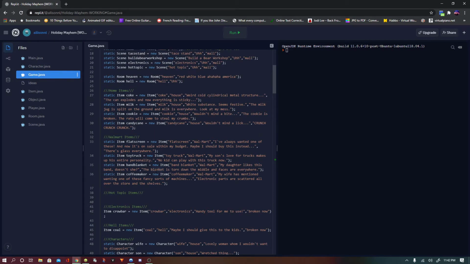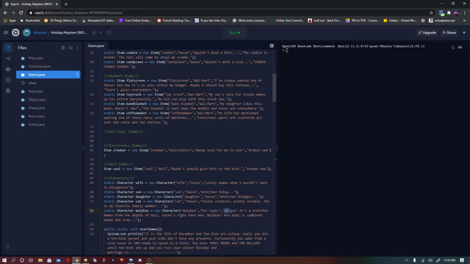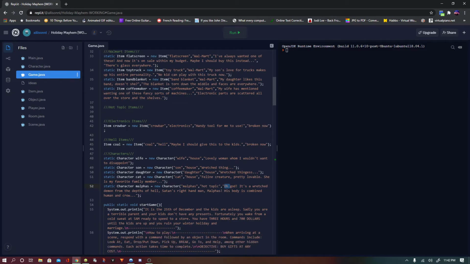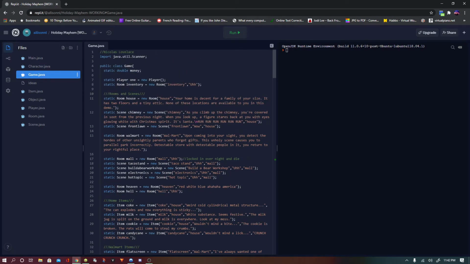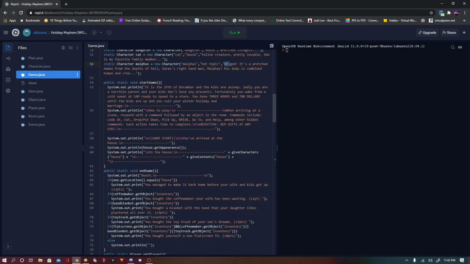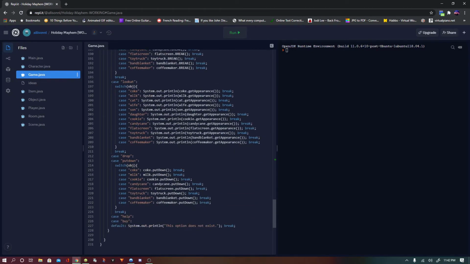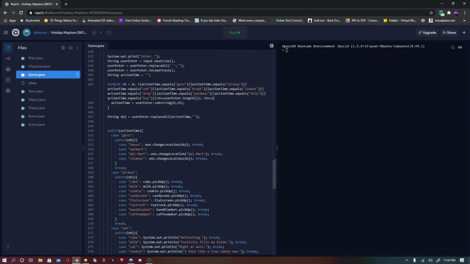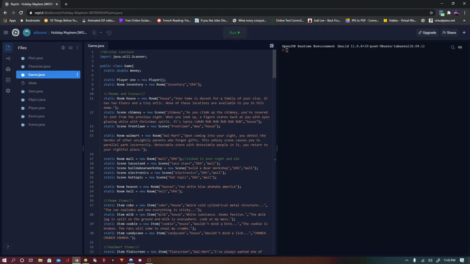Some of the places in the mall are the taco stand, Build-A-Bear Workshop, electronics, Hot Topic, and there's some items that I had, crowbar, coal. And this never got filled out because, like I said, I had to focus on Walmart and having anything. I really could have done more if I had spent more time on it, but it was just a little project, and I was already doing a whole lot of random stuff. And it was pretty complicated because I was really ruining everything for myself by doing some of this stuff, which I hope I'm better at this time around because it's been almost a year. So that was some of the extra stuff.